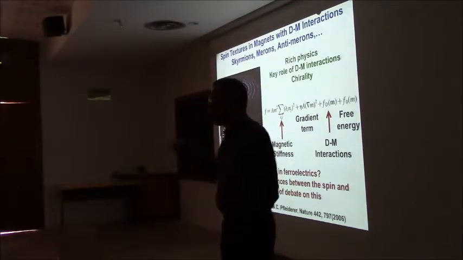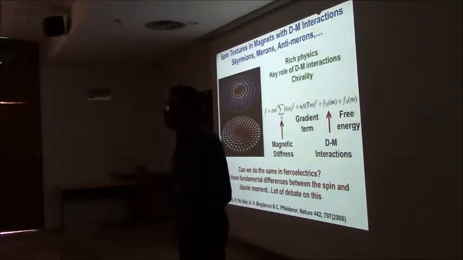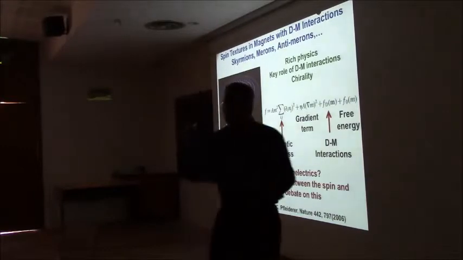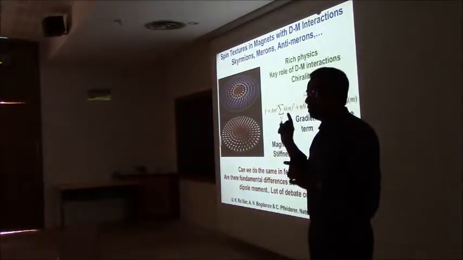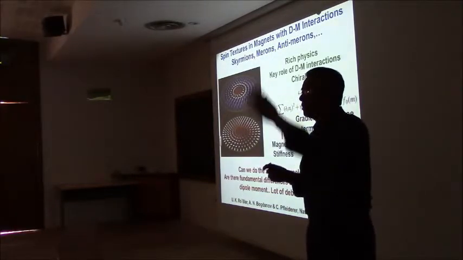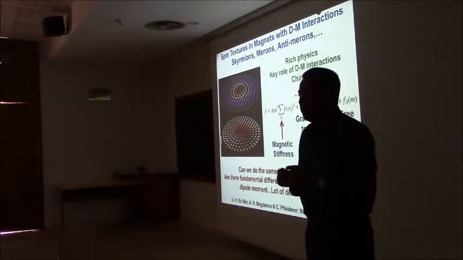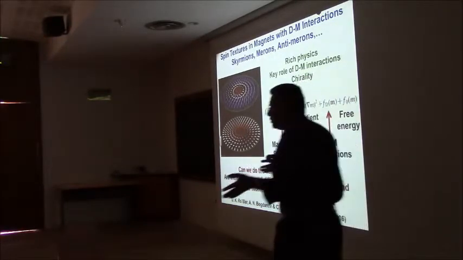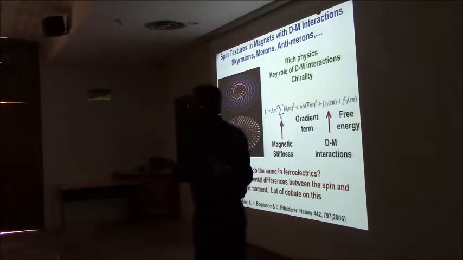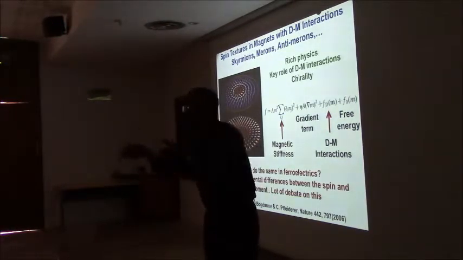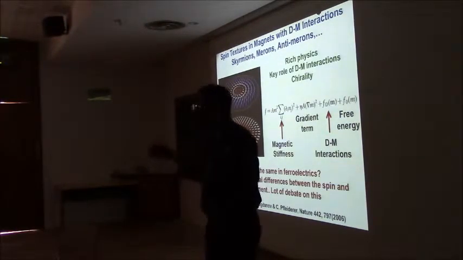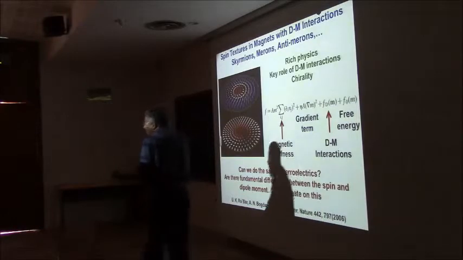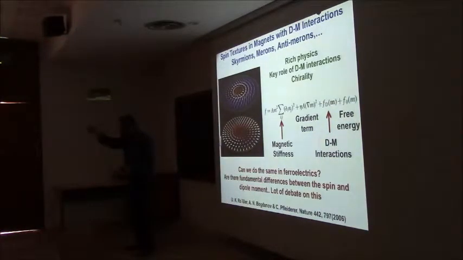So the domain wall width in a piece of a ferromagnet like iron is very large, maybe a few hundred angstroms. In contrast, ferroelectrics, general ferroelectrics, and we're talking about things like lead titanate, are the other end of the spectrum, where the anisotropy in the crystal is much larger. Tom was talking about this morning. The anisotropy in a ferroelectric crystal can be of the order of 4%. That's huge compared to a ferromagnet. And therefore, the domain walls are very thin, typically a few unit cells wide. And their switching typically is also different. In the case of a ferromagnet, the spins would actually rotate, which is how magnetic switching happens.